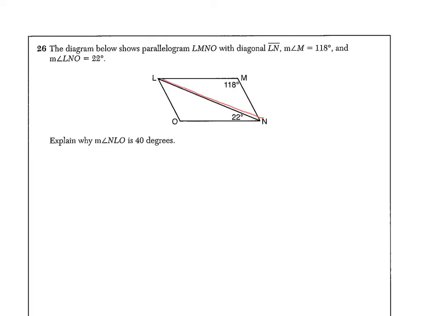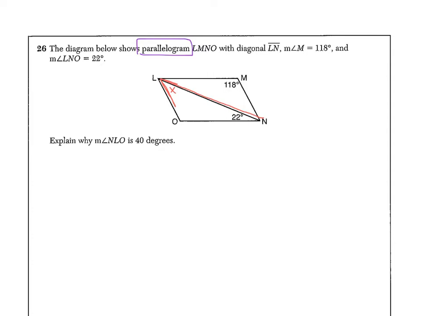NLO is this angle right here. So let's call that x. We're going to actually solve for x and then justify and explain why it should be equal to 40 degrees. So hopefully our work will get us to the point where we find that it's 40 degrees. Now we have a little bit of information in the beginning that will help us figure out how to find